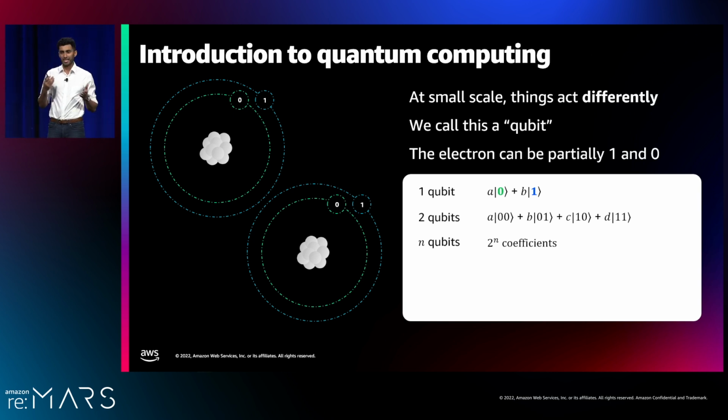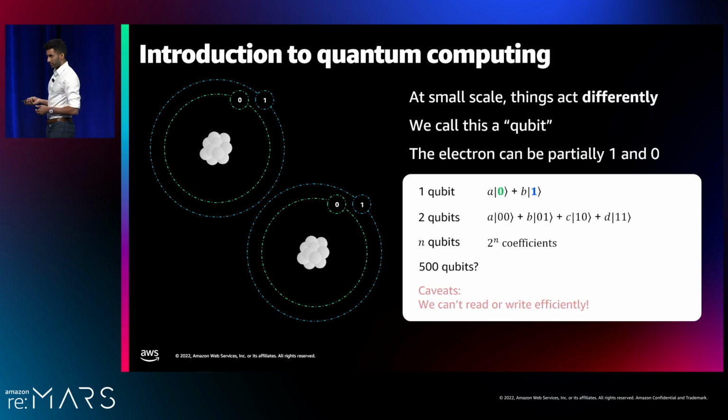Now it's clear that if you have 2^n coefficients and just n qubits, you'd probably want to compute with the coefficients and not the qubits. So quantum computing brings the focus away from the bits of information and towards these coefficients. When you hit 500 qubits, you can now store more coefficients than there are atoms in the known universe times the number of atoms in the known universe. We like talking about the universe at this conference. That is astronomical.